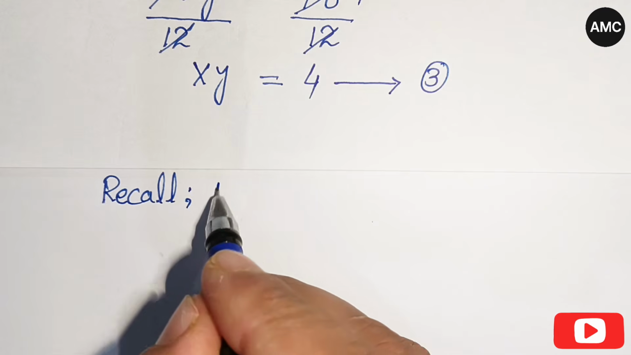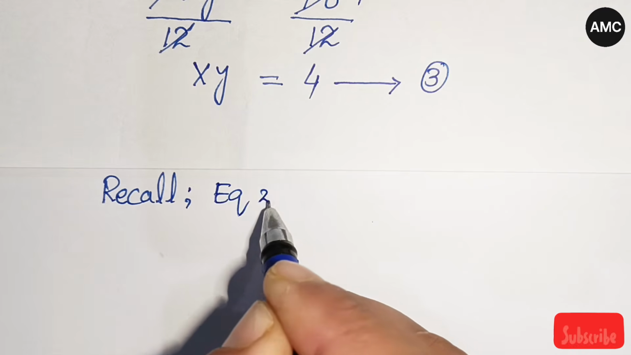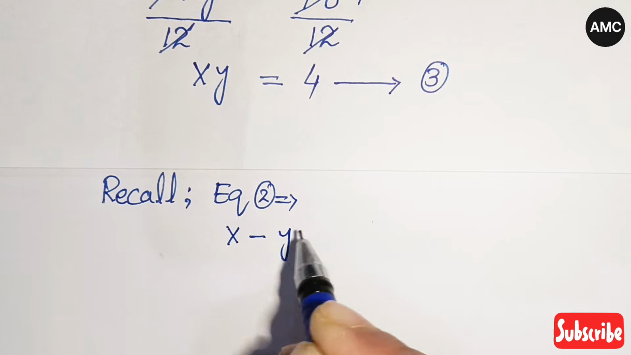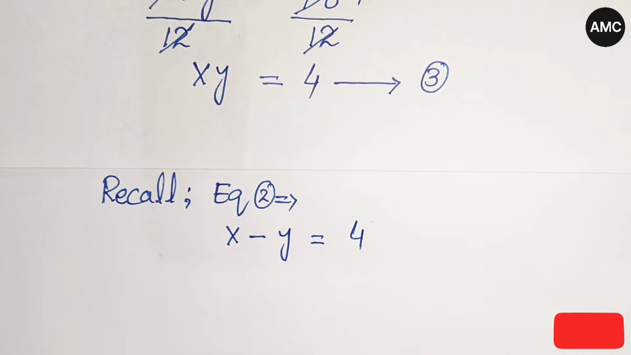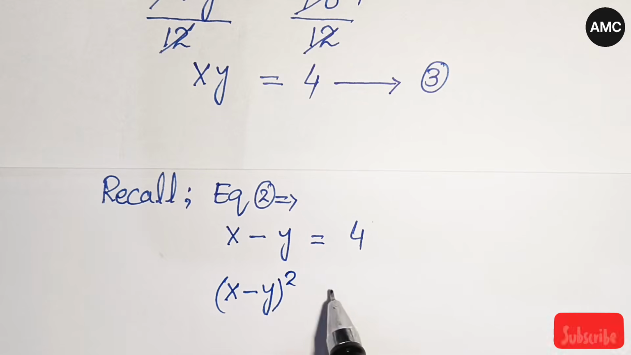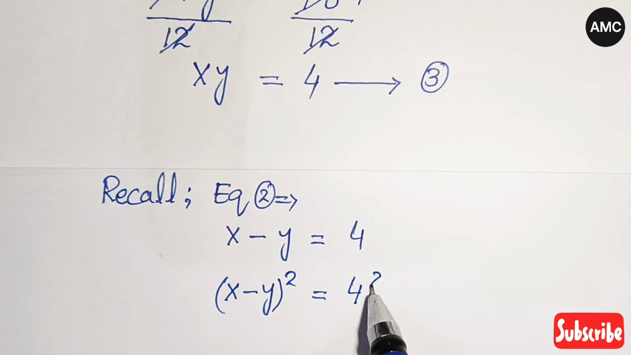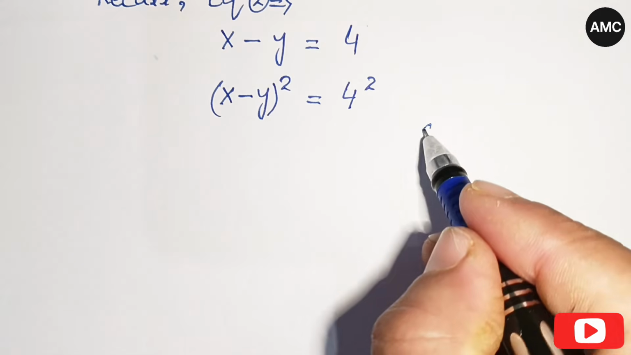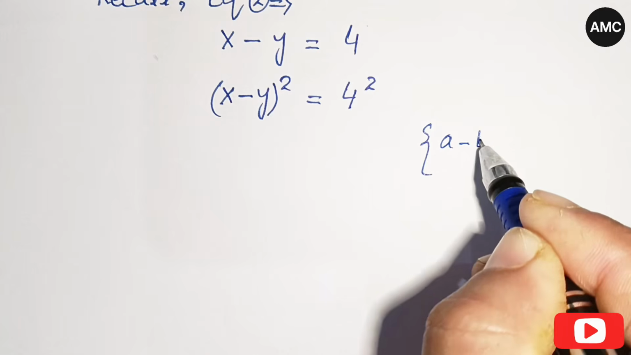Equation 2 is x minus y is equal to 4. So here, if we take squares on both sides, then we have x minus y whole squared is equal to 4 squared. Now, x minus y whole squared, according to the algebraic identity,